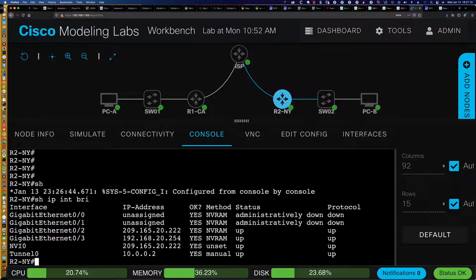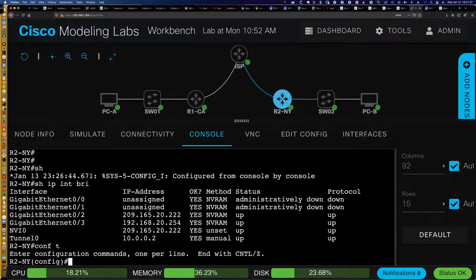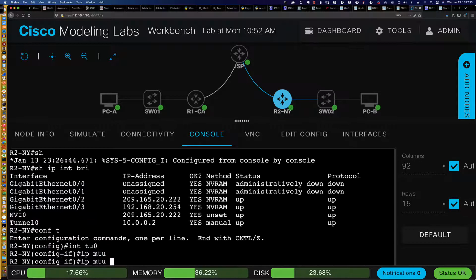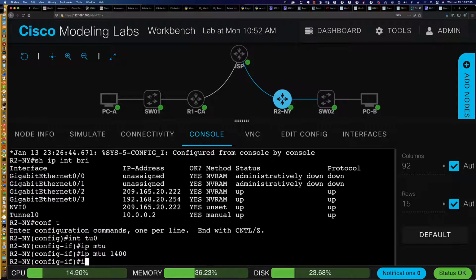Now, remember, we're using ESP, and we're using IPsec. There is encapsulation that's taking place with tunnel mode. So maybe we also add in some additional settings on that tunnel interface. So let's get back in here. We didn't do this in the previous video, but we'll do it here. So MTU, let's set that to 1400. And let's also set the IP